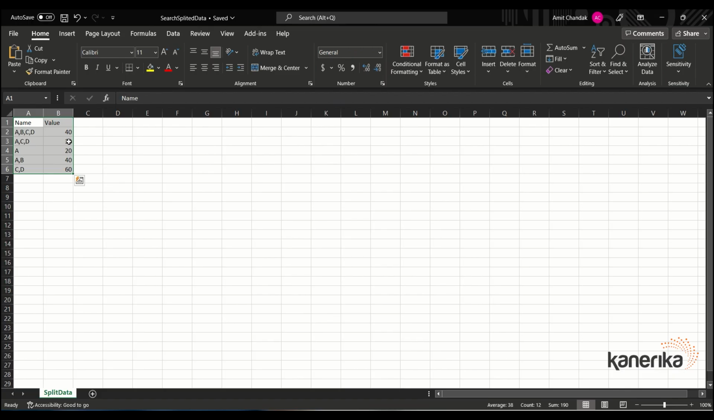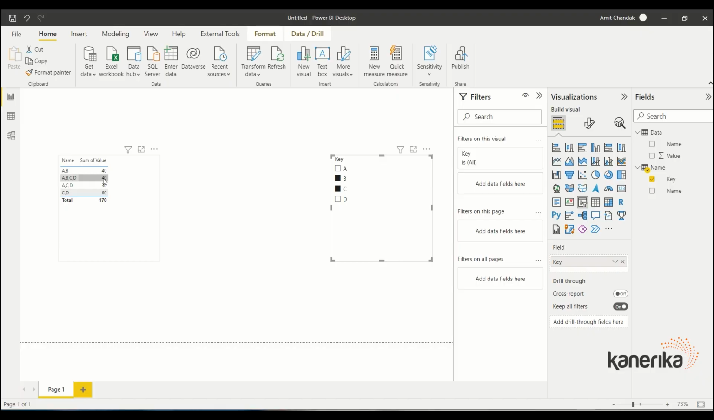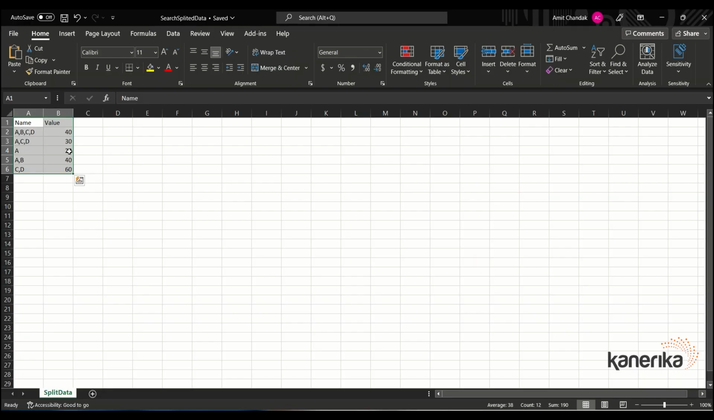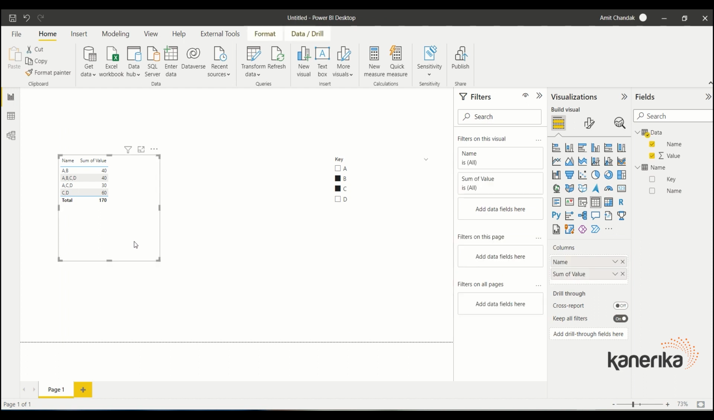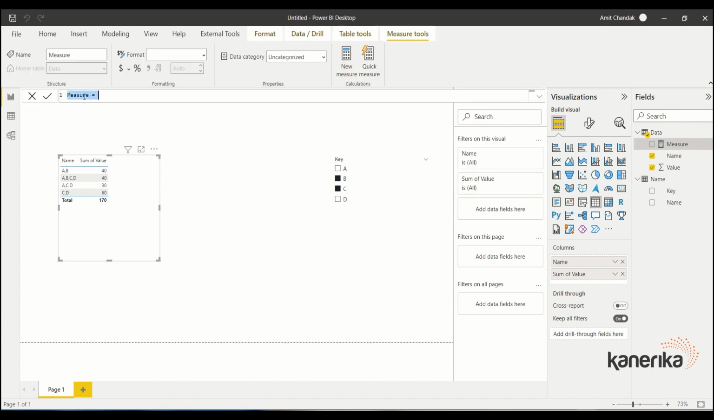Let's see if there is any duplication happening. ABCD is 40, AB is 40, CD is 60, and ACD is 30. So there is no duplication. Now in case a duplication is happening and you want to avoid it, I'll tell you the method for that. Because of the modeling or some kind of formula or other dimensions, in case something happens, let's say we want to get the total value, and by mistake there is a duplication,